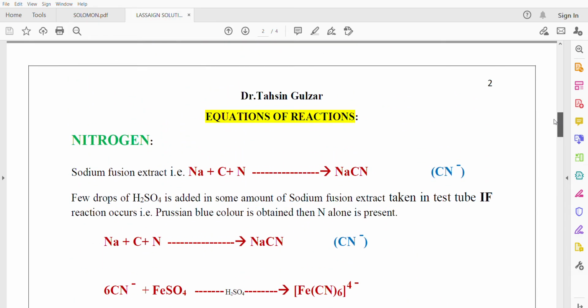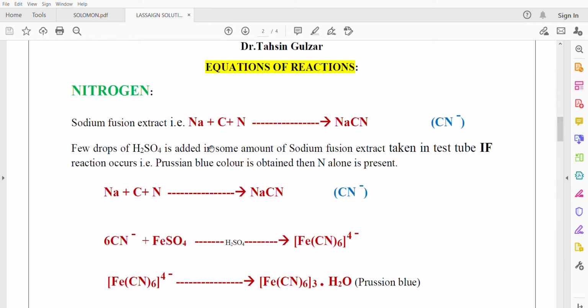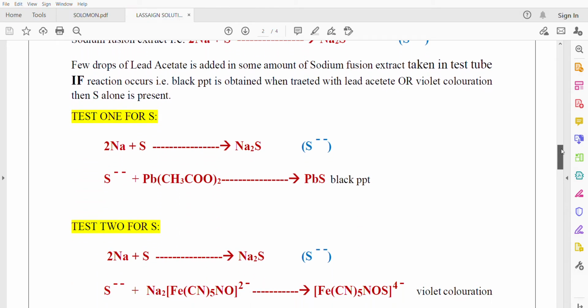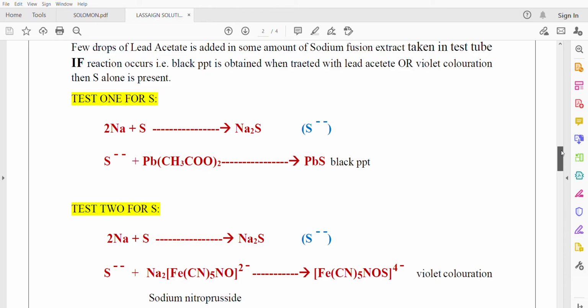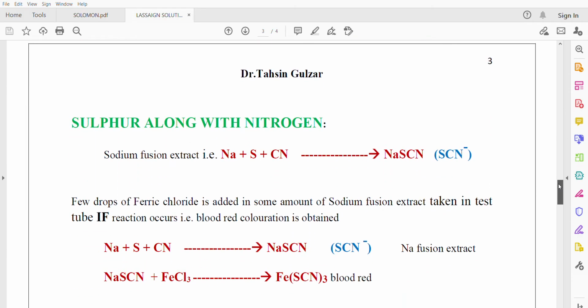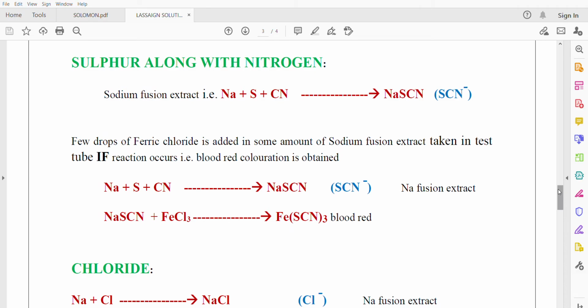And here, ferrous sulfate and sulfuric acid. Both are added and you get Prussian blue color, then nitrogen is present. And if adding lead acetate gives a black PPT, sulfur is present. Another test, sodium nitroprusside is added to Lassaigne solution and you get violet coloration, sulfur is present. And in the third test tube, if both of the above are absent, negative, no